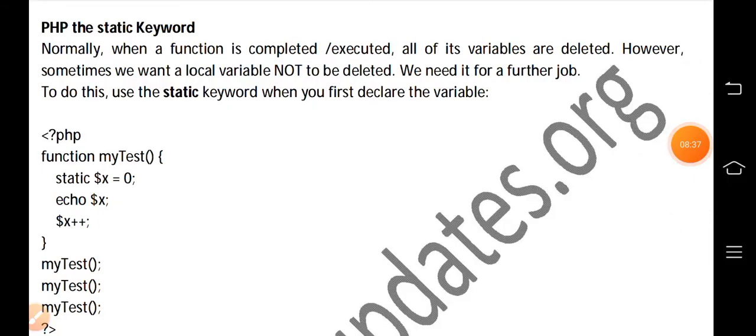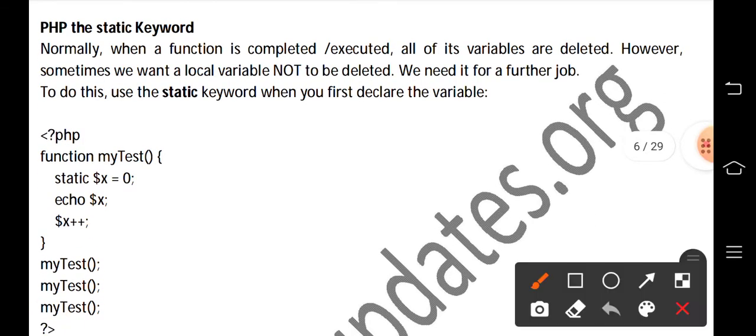Then coming to the next one, static variable. What do you mean by static variable? As I just explained, if we declare a variable within a function, suppose the function name is myTest and we are using one variable, x is equal to 0.